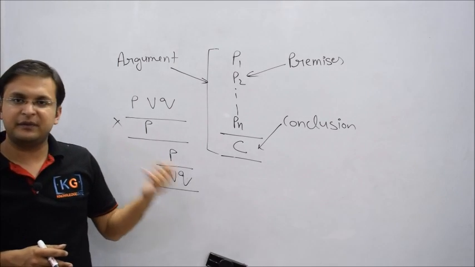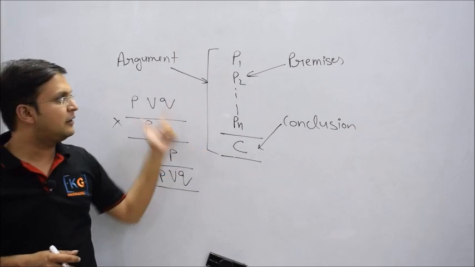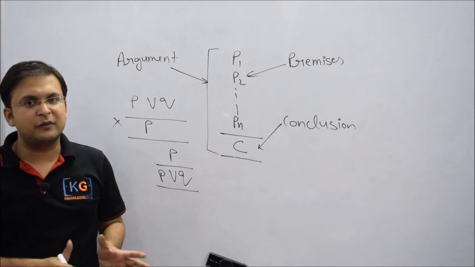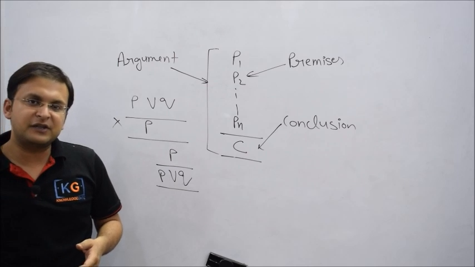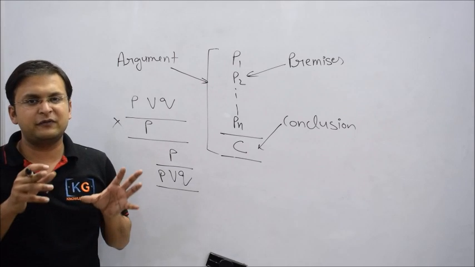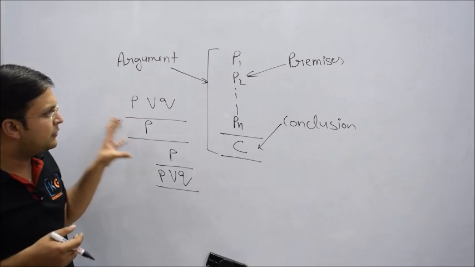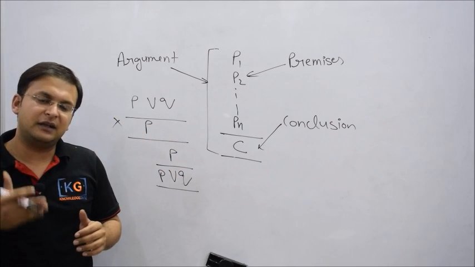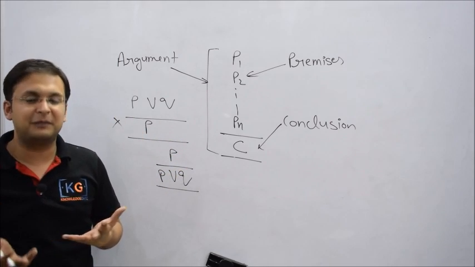Like what are premises, what is conclusion, and this entire logic is known as an argument. And we also understood what atomic and compound propositions are. Now from the next video, let's try to understand some of the basic connectors and work out some simple arguments, and then in the following video we'll look at more complex logics.